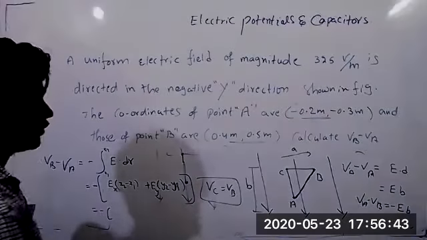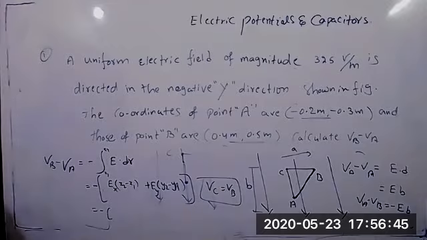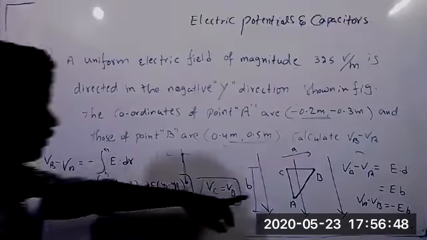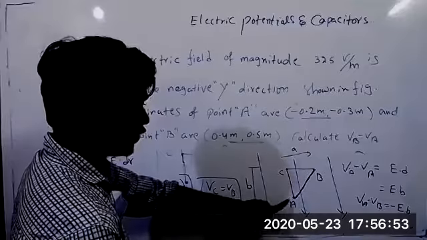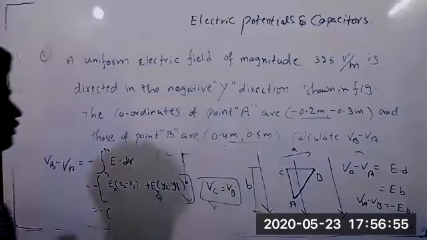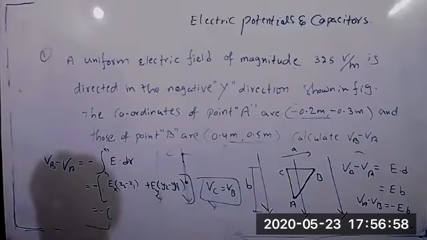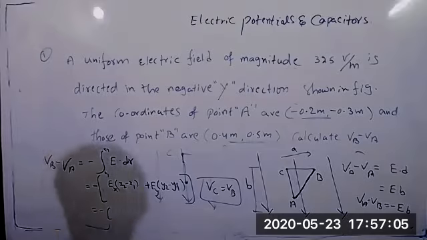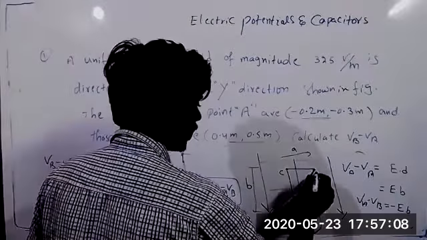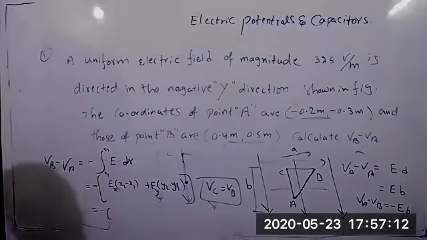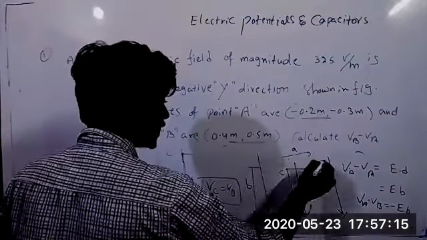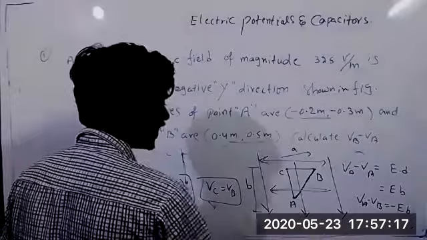So, sir, VA will be less than VC, no, sir? VA will be less than, yeah, obviously. VA will be less than VB, or VA less than VC. So if the electric field direction was horizontal, then VB will be less than VC. Yes, if it is the horizontal direction. Yeah, correct. So electric field is in this direction, definitely at B the potential will be less. Okay, sir. Thank you. If electric direction is in this direction, now what will happen?